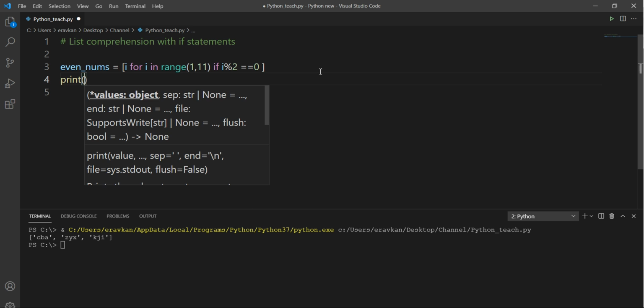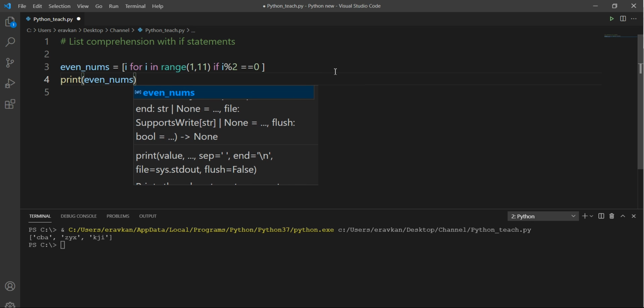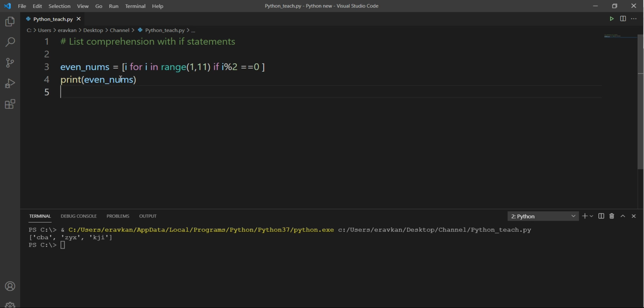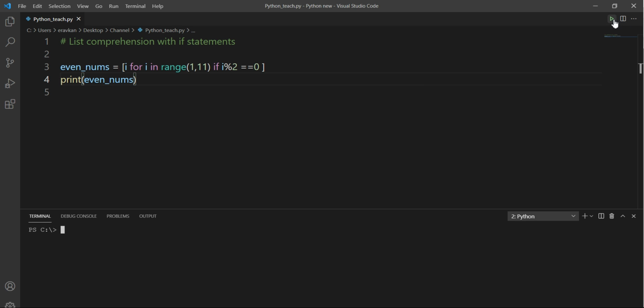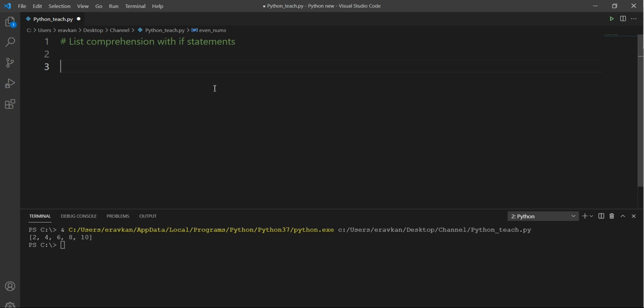So print even_nums. This is what you want to append in your list, even_nums, and these will be all values of i, appended to the even_nums list if i is an even number. Let me print the output. So in one line, all the things are happening, and in a neat and clean way.